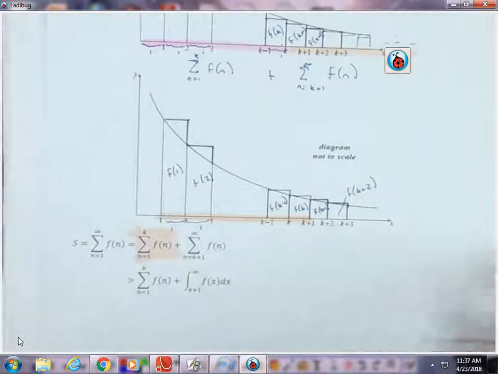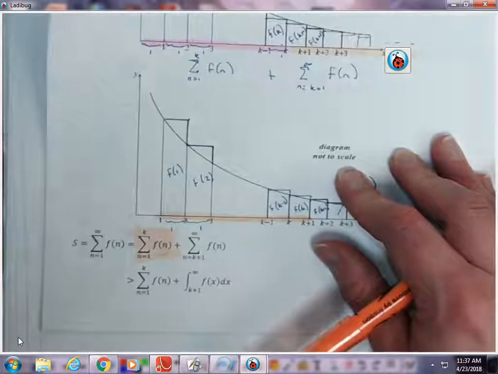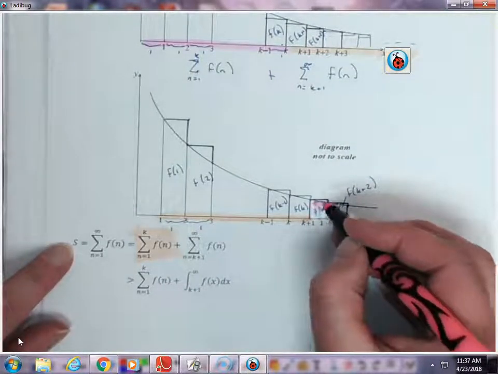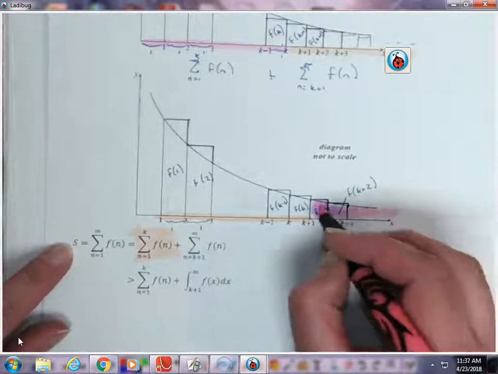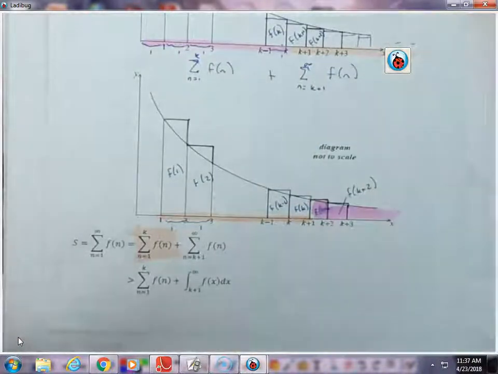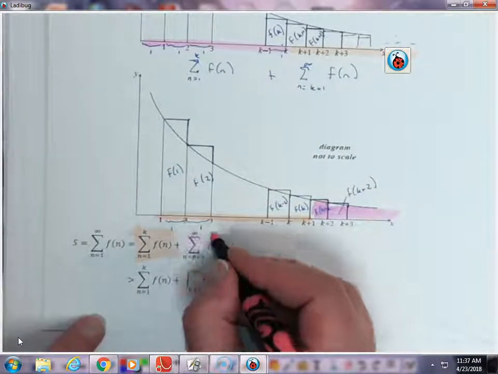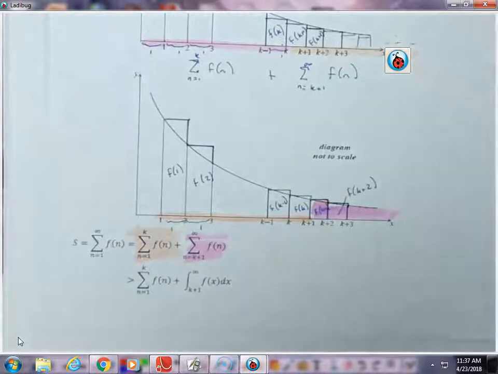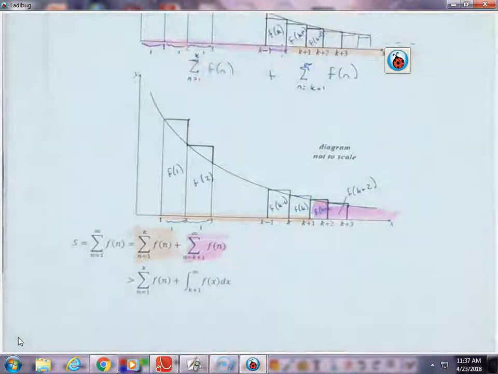Okay, so that's f of 1 to f of k. Let's see if I can find the pink one here. And then we can go from f of k plus 1 on. Okay, so that would be this part. So again, we're just doing a little bit of a split. Okay, so now if we look though, we can see that the